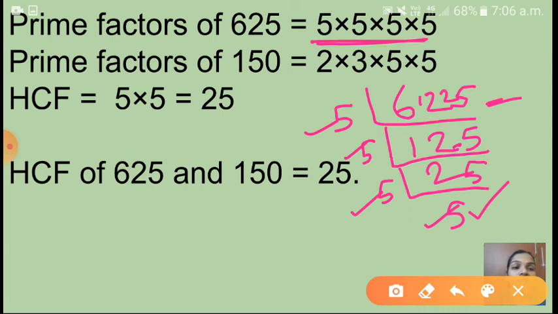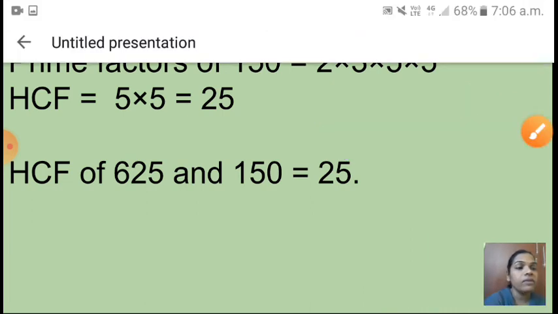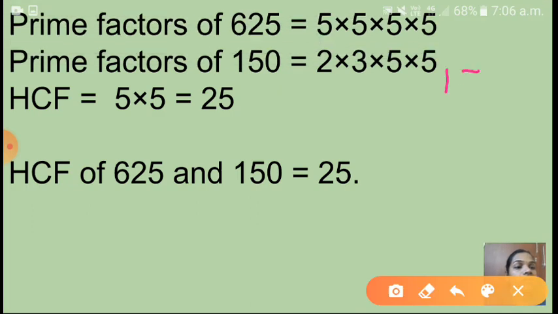Understood children? Next one is prime factors of 150 we have to find. Yes, 150, this is what? This is an even number. So you have to start with the smallest prime number. So the smallest prime number is what? 2. So 15, how many 2s are there? Can anyone say? Very good, 7 2s are there. Remainder is what? 1. That 1 will go here, that is 10. That means 5 2s are 10. So 75. 75 will not come in 2's table as a multiple, isn't it children? So 3's table you have to check. Yes, in 3's table, 75. 7 plus 5 what? 12. Yes, this 75 will